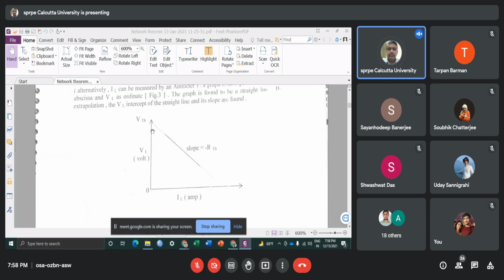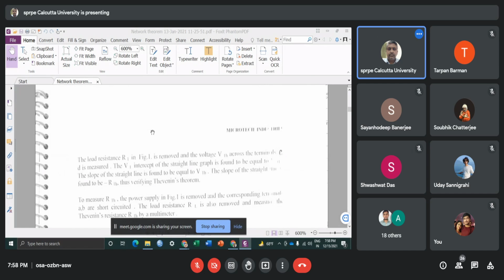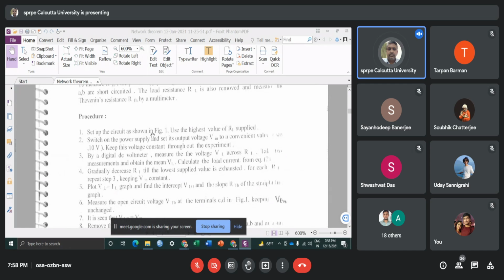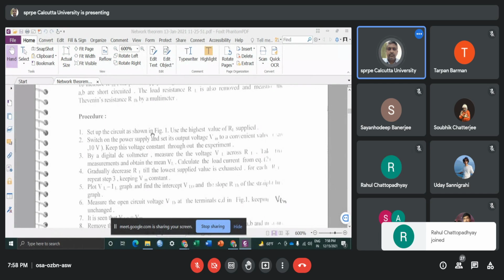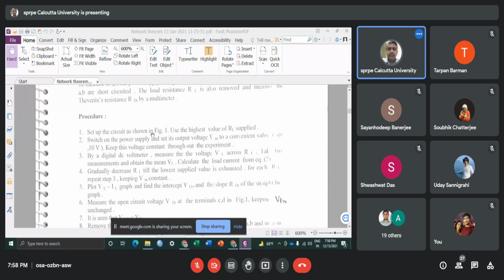So that is the basic theory of my problem. Now then, how will we do this experiment? I set up this circuit in the form of the Wheatstone bridge, and we change different values of RL, keeping the input voltage V in fixed at a convenient value. I change different RL, and I measure the voltage VL through a voltmeter, and we calculate the ammeter current